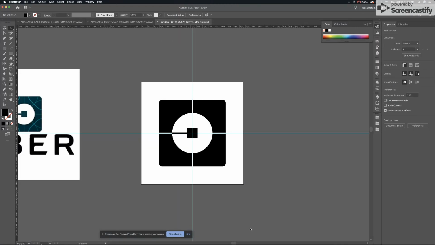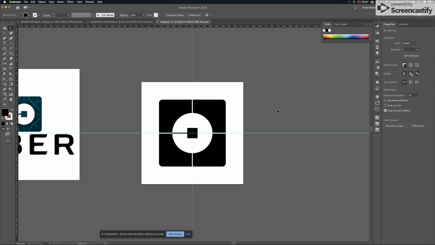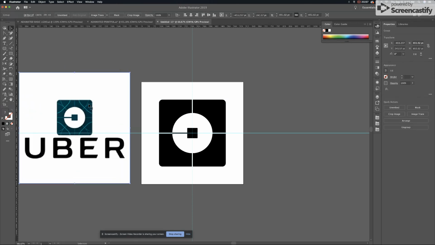So let's go back in here. Yeah, we're right about right. So probably about 20 points. Perfect. All right. So the next bit of business is we need to look at, okay, how are we going to do these lines here? So again, I talked about circles matching up. And so like this circle here is smaller than this circle here. So what I'm going to do is I'm going to duplicate, Control C, Control F. I'm going to duplicate this circle to be bigger